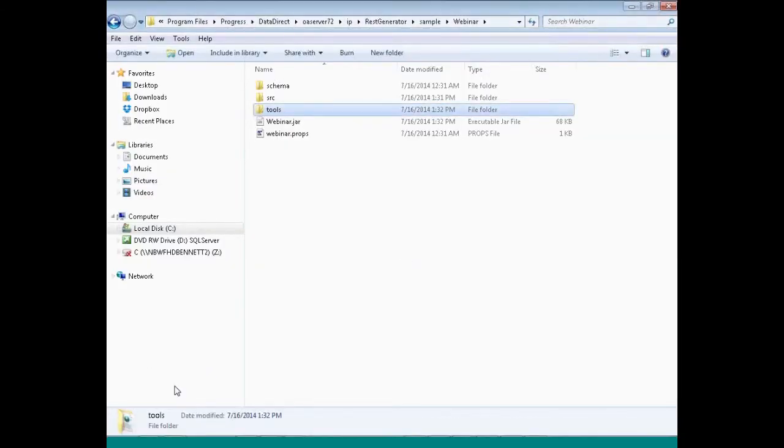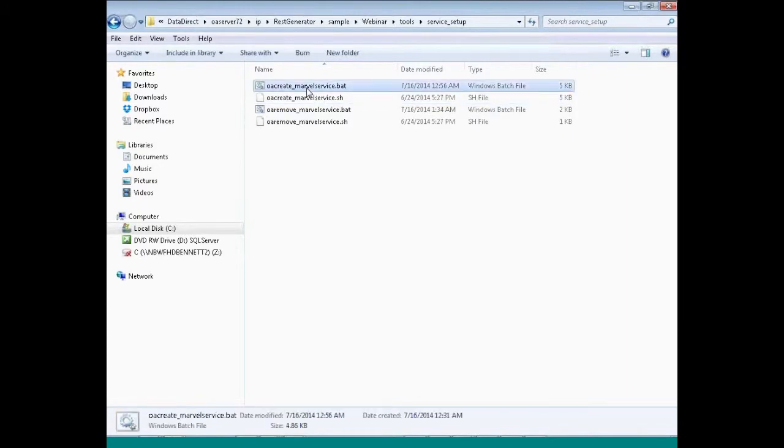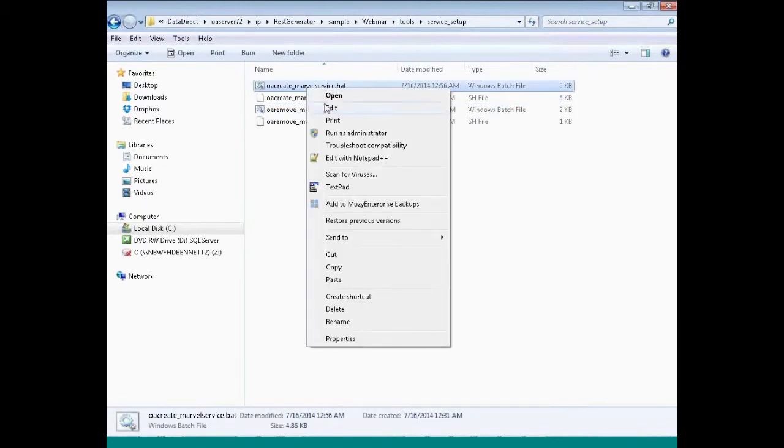And that script is actually under service setup. And again, I'm not going back to the manual just because I think it would be confusing to keep bouncing back and forth. But really, I'm just following the instructions in the tutorial. If we go ahead and look at this,